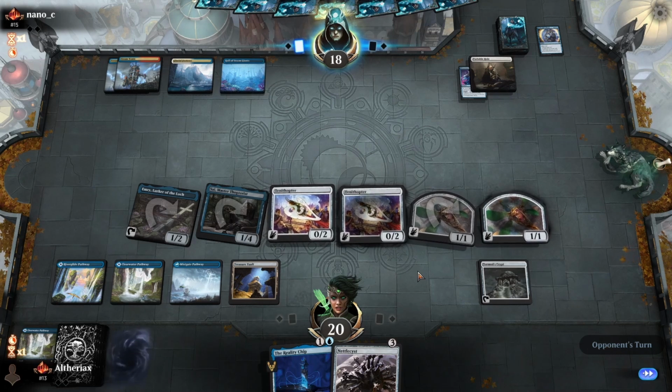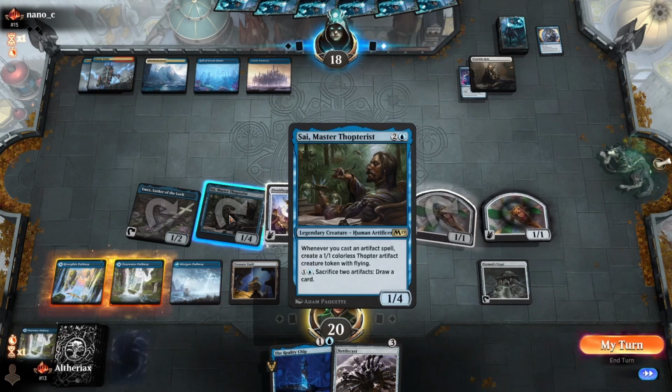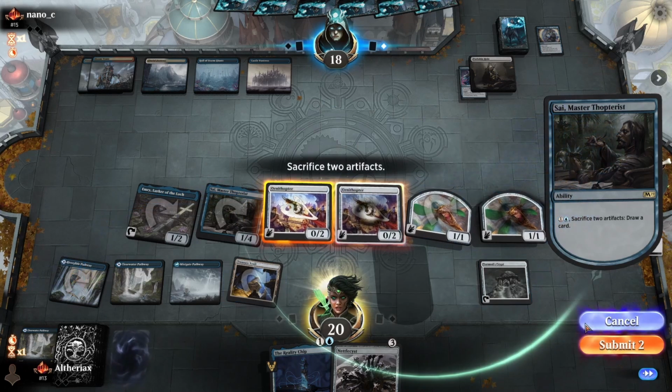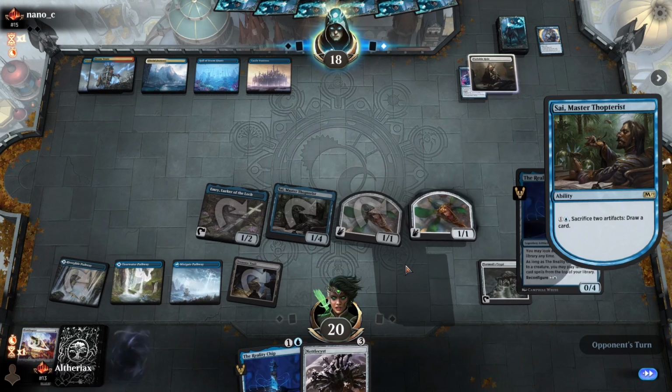They don't have double white here, which is obviously great, and they missed their second white again, so they could very well have a Wrath, but they just don't have the mana to cast it here. So we'll use Sai to sack the Ornithopters. I don't think it's worth sacking anything else here, because we do want to keep applying pressure with the 1-1s here,